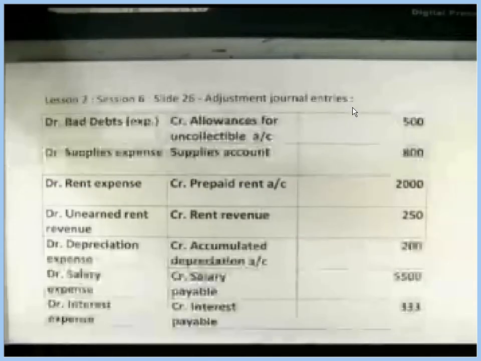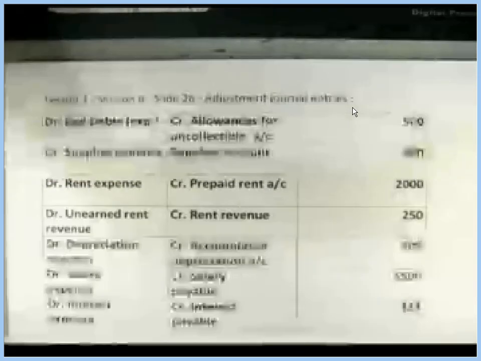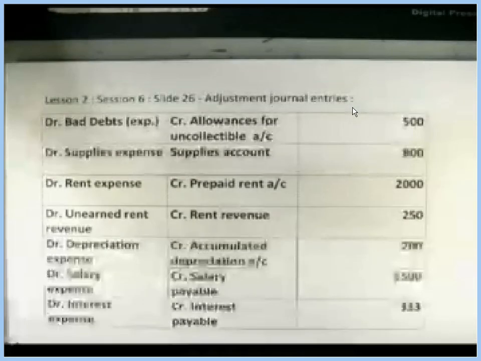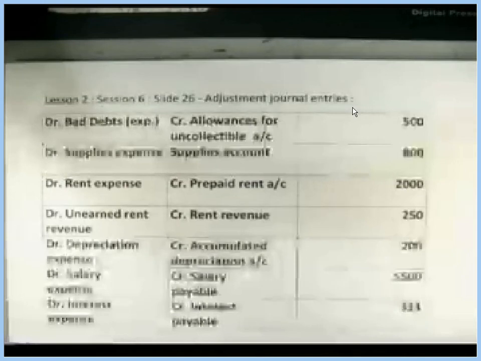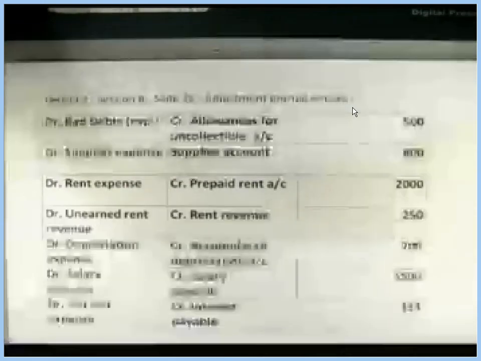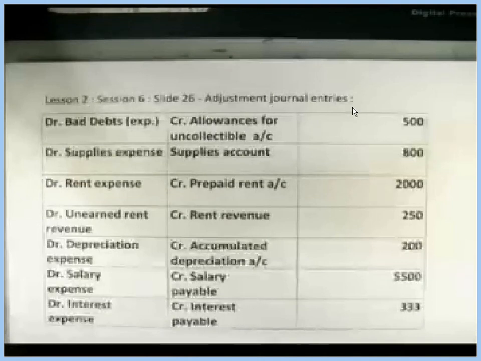So bad debt expenses, supplies expense, rent expenditure, unearned rent revenue, depreciation expense, salary expense, interest expense, all these items are there which are the adjusting journal entries. Bad debt expenditure, then supplies expenditure, rent expenditure, unearned revenue expenditure, depreciation expenditure,